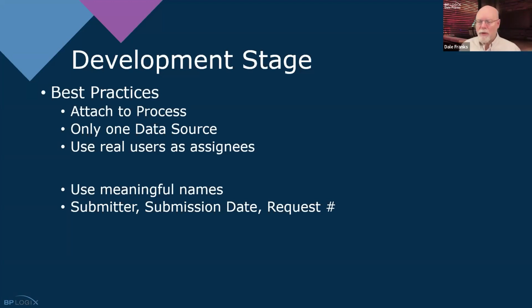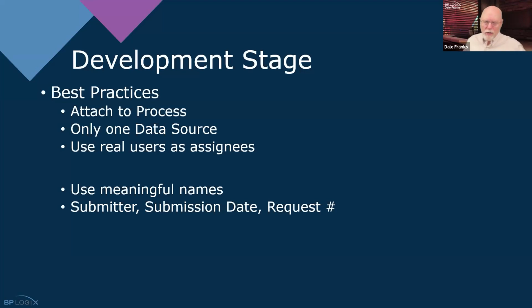So if I attach both the form and any document attachments to the process, if I ever want to review any document or any form, I can open up the process timeline. All of my forms, all of my document attachments are already attachments to that timeline. I only have to go to one place to find those attachments or forms and open them. It's even more helpful if I have multiple forms that are used in a process, because all of the forms will also be attachments to the process timeline instance. So I can always open up the timeline instance and gain access to all of the forms and all of the documents that are associated with it.